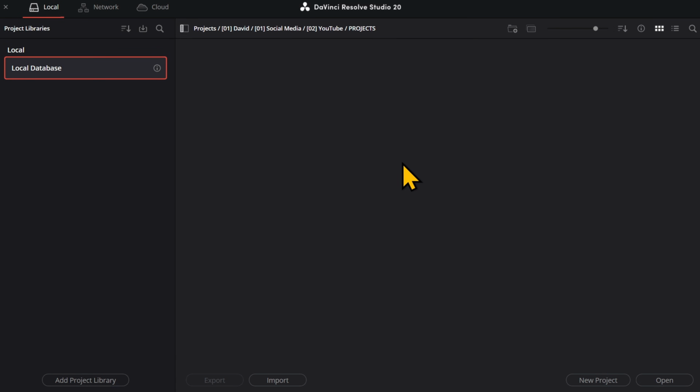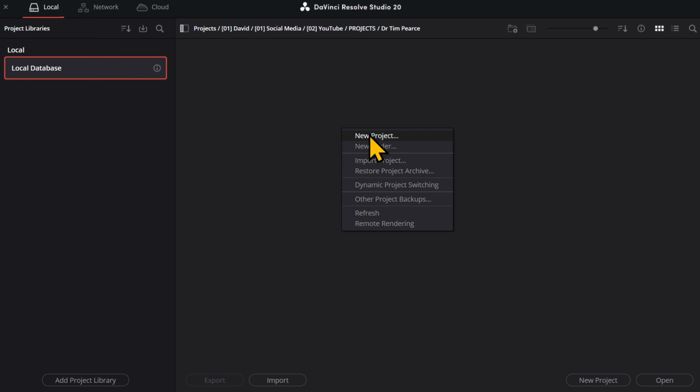So now you're in your DaVinci Resolve database. It will be empty at first and you're going to want to start your new project, but for me I recommend starting a folder structure, because if you have different clients and different people you're working for, it's going to make it a lot easier. So let's say for me, my first client will be Dr. Tim Pierce. I'll create a folder for Dr. Tim,